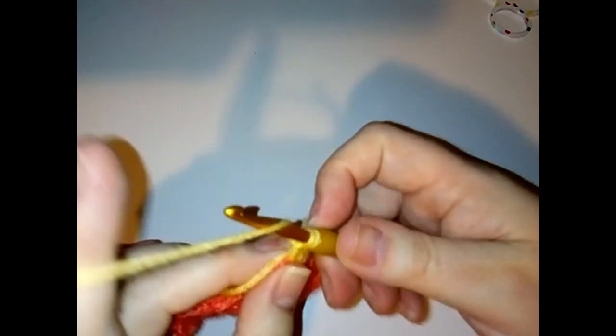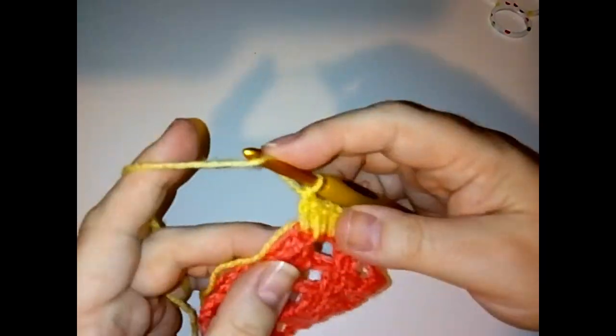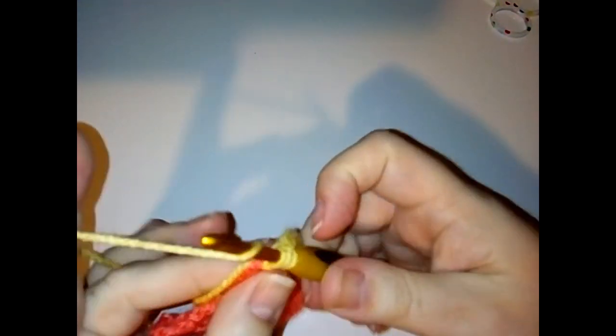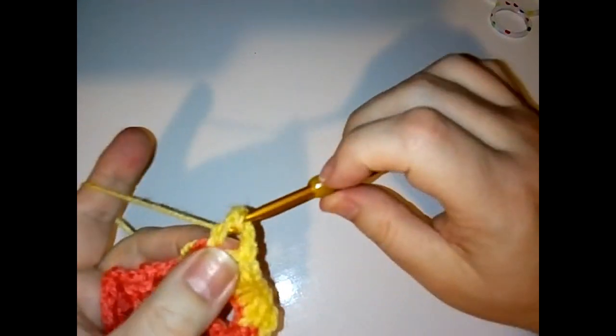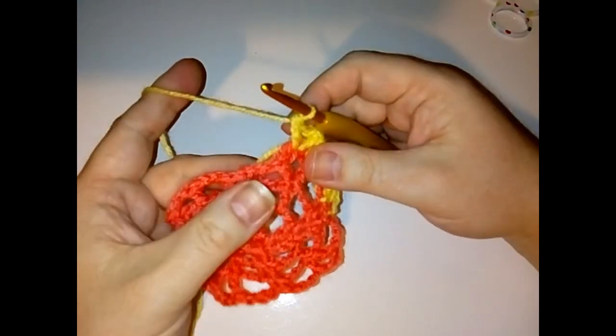Okay, and then to make our corner we're going to do a double crochet in the next chain, which is your middle chain. So double crochet and then chain 3, and then another double crochet into that same chain. Okay, and then we're going to work